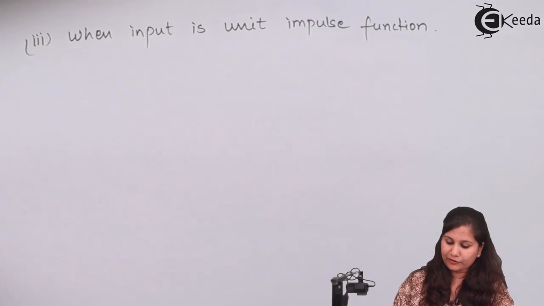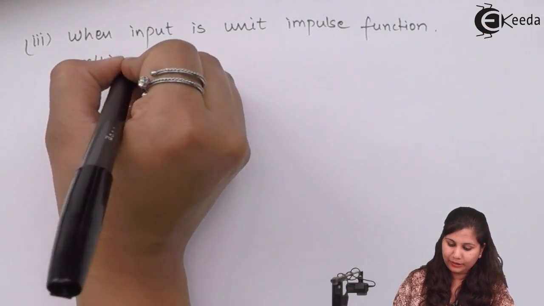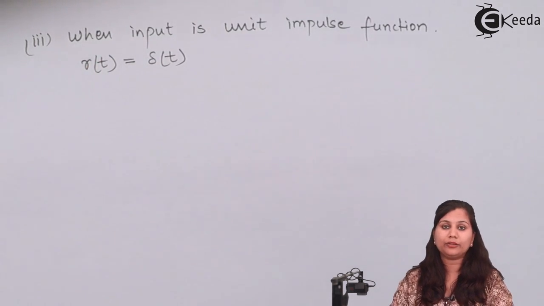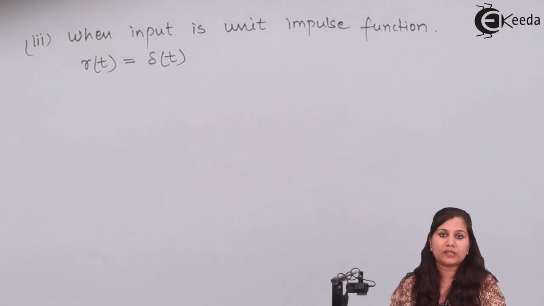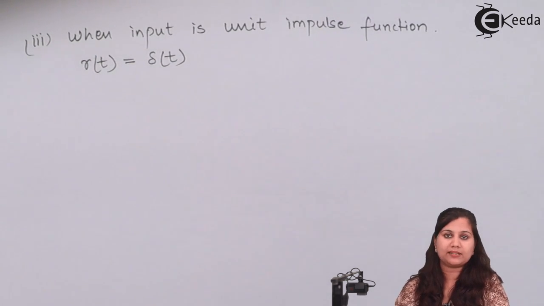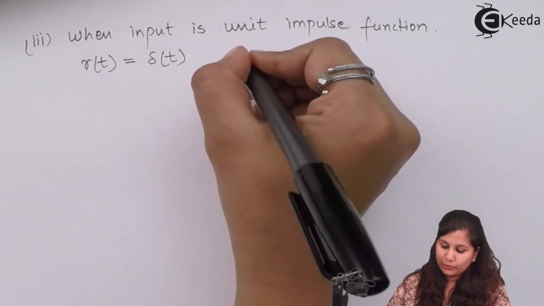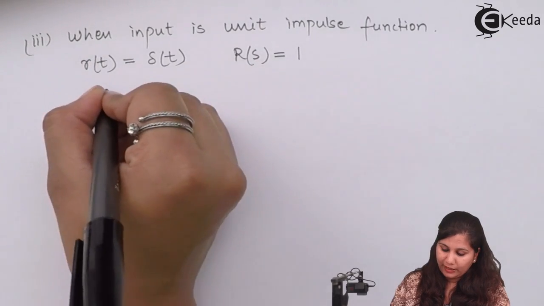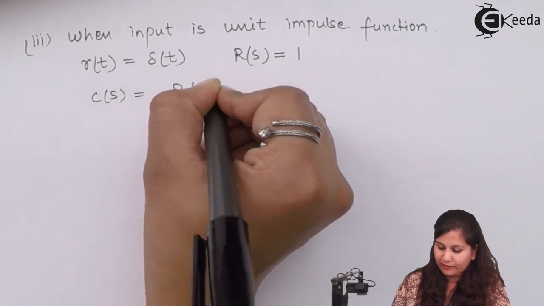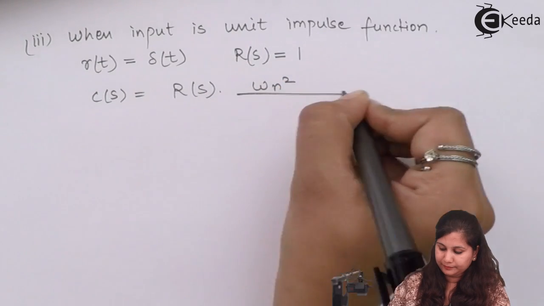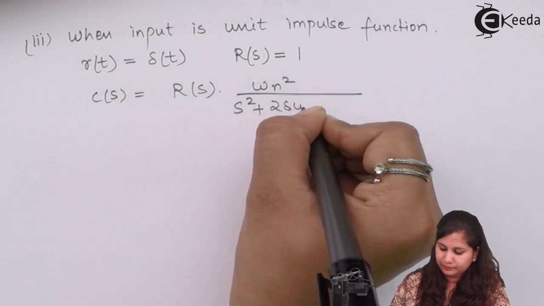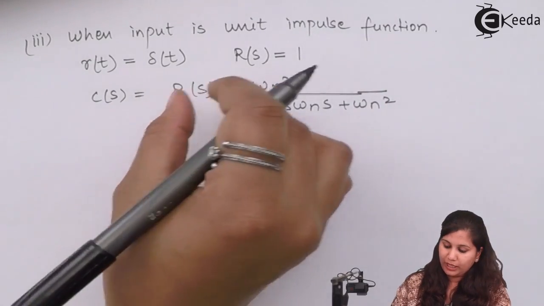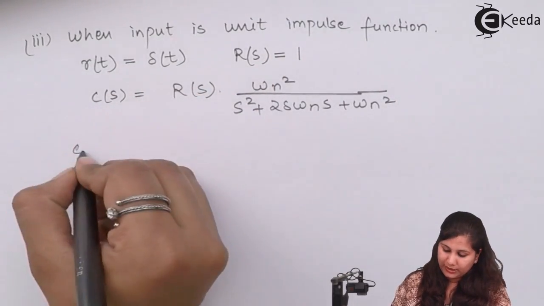So for unit impulse function, it is represented by r(t) equals δ(t). It is the unit impulse function having the value infinity at time t equals 0, and at all other points its value is 0. So its Laplace transform will be 1, and we are going to put this value in this equation from where we have started. So here we are going to put R(s) equals 1. So C(s) will be equal to